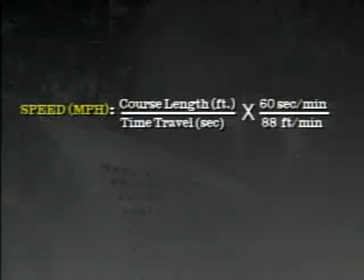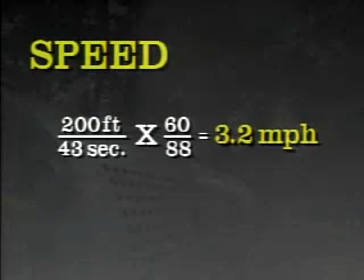sprayer is delivering. Speed, miles per hour, equals course length in feet divided by time of travel in seconds, times 60 seconds per minute, divided by 88 feet per minute. Let's plug in some numbers for the sake of example. Speed, miles per hour, equals 200 feet divided by 43 seconds times 60 divided by 88 equals 3.2 miles per